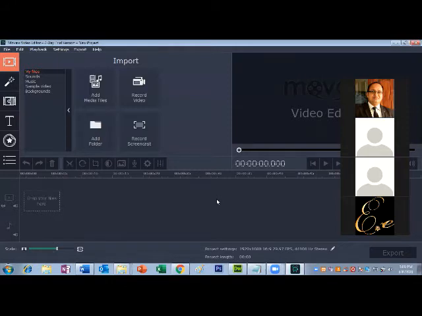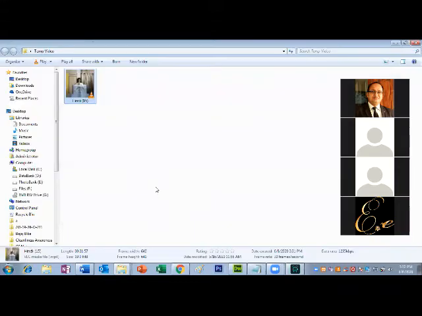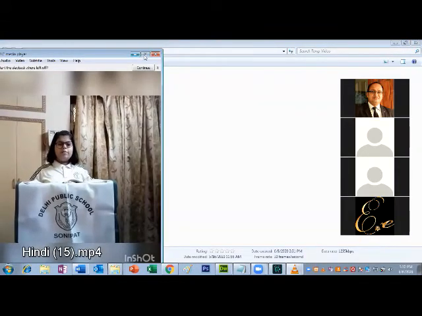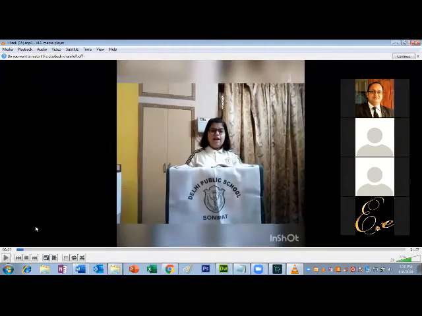How do we do that for the phone? Ma'am, actually, screen recorder will work for the phone also, but proper recording as you want will not be available in the phone. Through the phone, we can record only if somebody is holding the phone, or you are keeping the phone somewhere in front of yourself and you are teaching in front of the phone, just like that girl is recording.